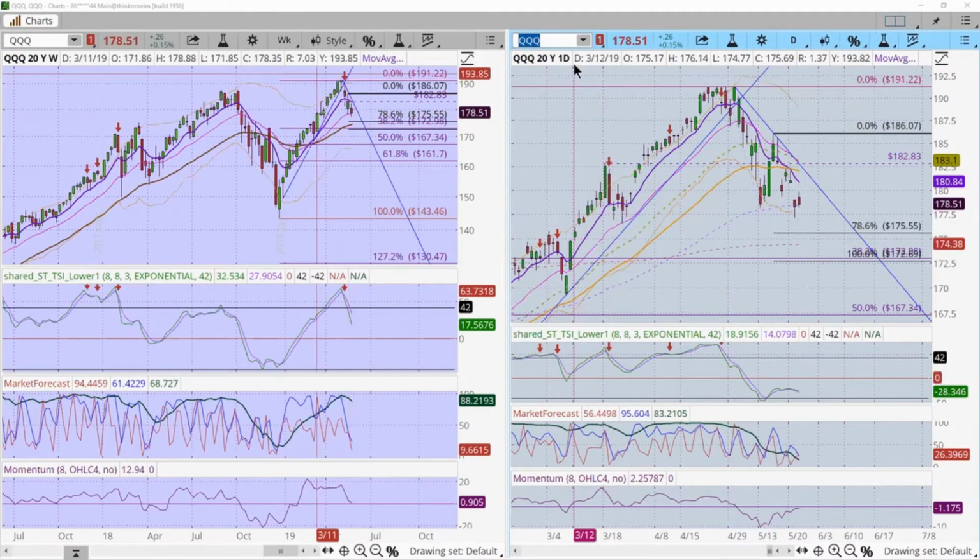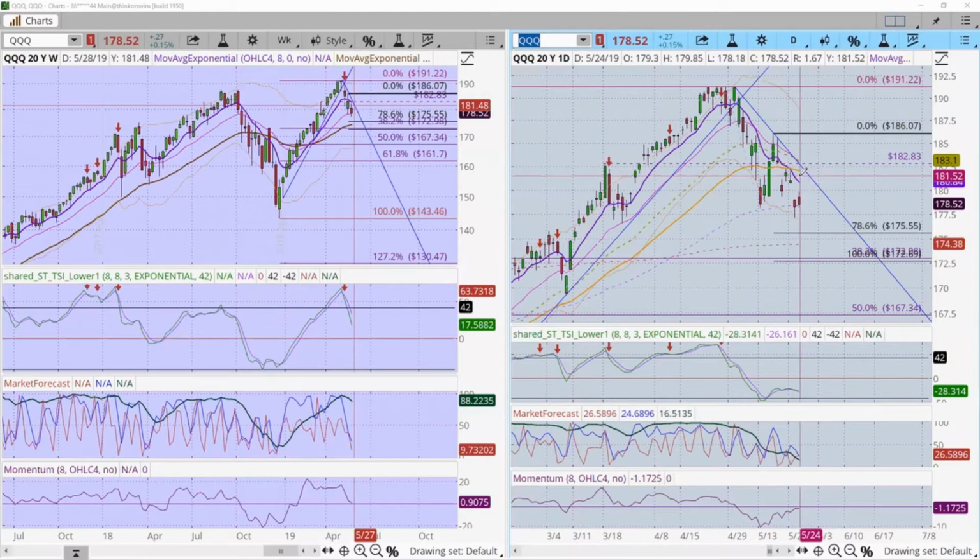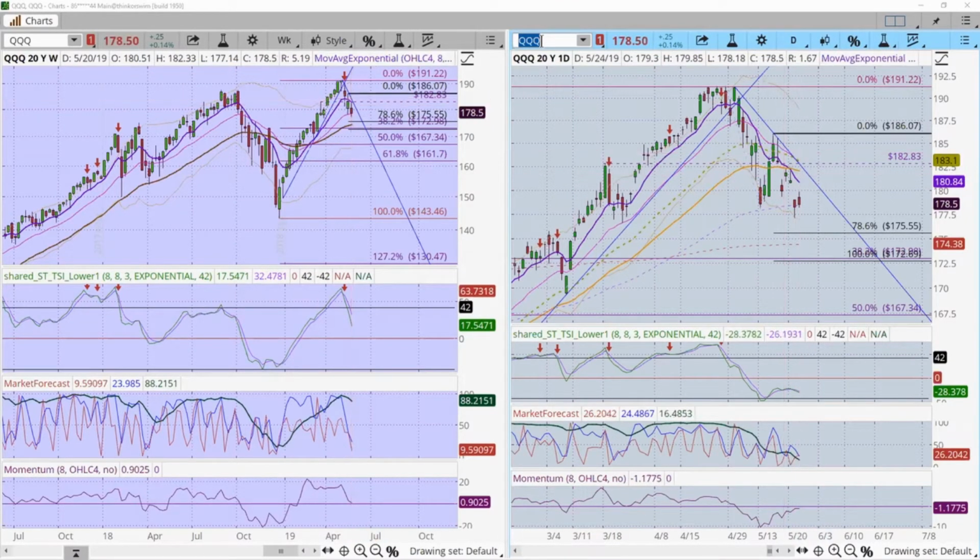Now we have to remember that the short interest across the board in the indexes, of all the stocks that are in the indexes, we may get a short covering rally, but that would be the rally that would take us back up into the moving average, and then the shorts would pile back in again to ride it back to the downside.